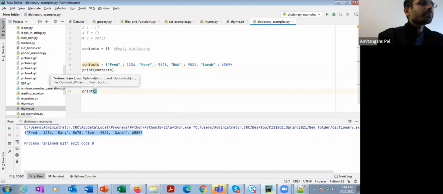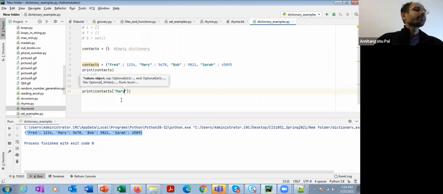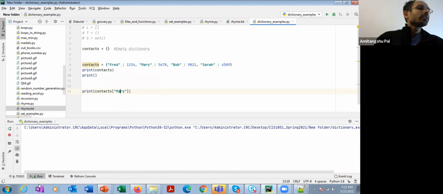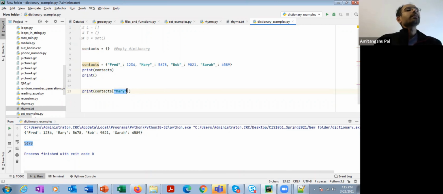I can simply write print contacts, and within the square brackets I need to pass my key, which is Mary in this case. So this is going to return 5678, which is the extension of Mary. So dictionary name, within square brackets, you need to pass the key. If you pass the key to a dictionary, it is going to return the value.